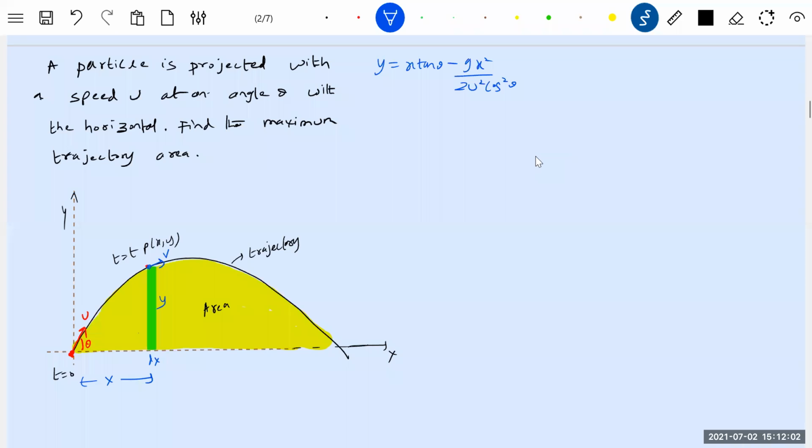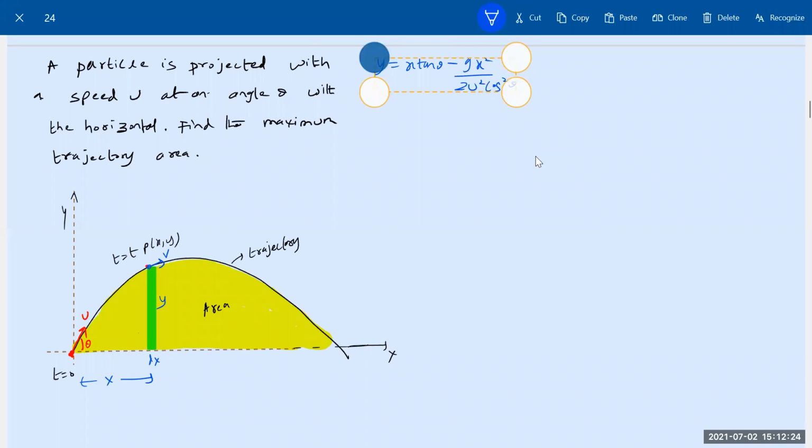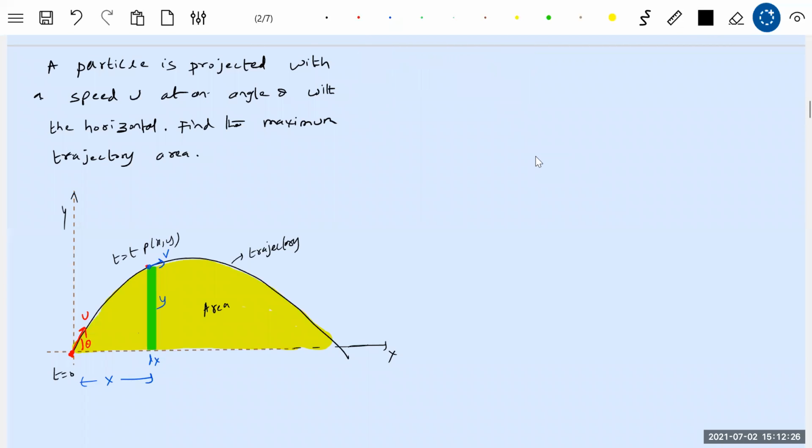Let's go for the area. Now y is there. Area is y into dx. Then proceed. Then what should I take? Again, there's a major problem, no? What should I take here? Again, the expression for range will be very complicated. So instead of this, I'll suspend this. I will search for another alternative.